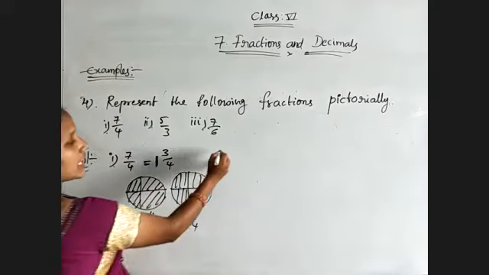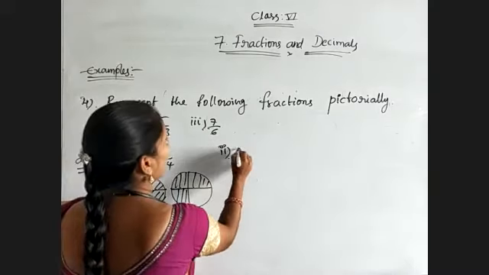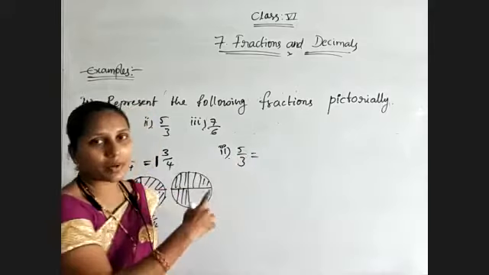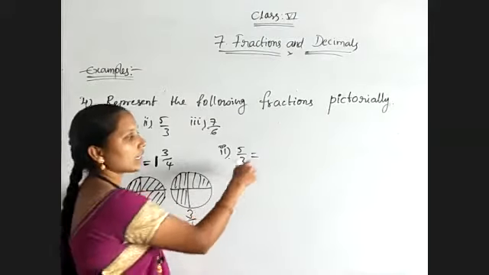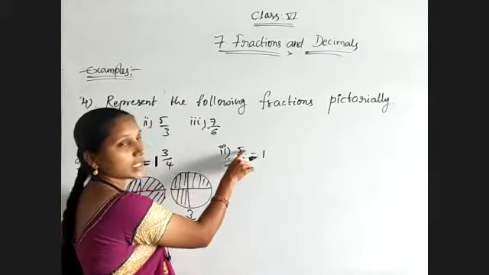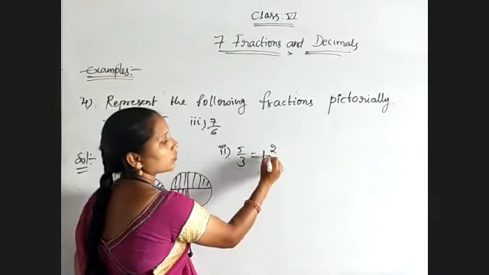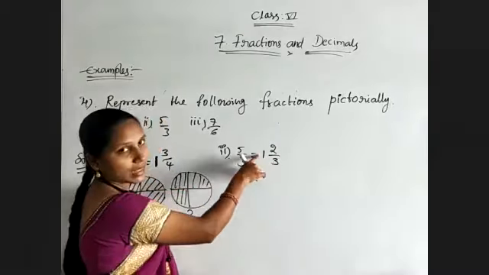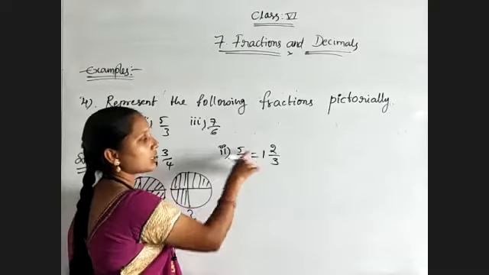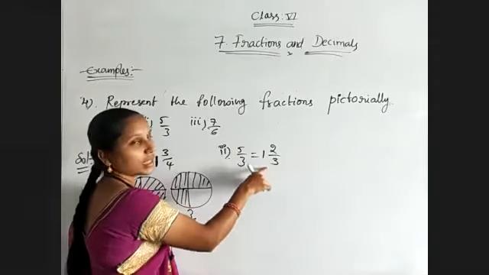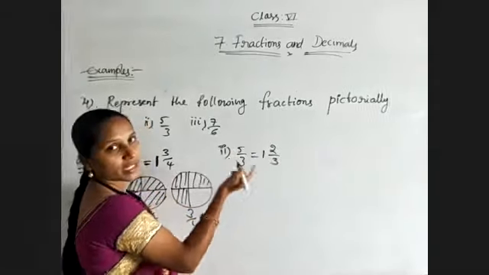And coming to the second question, 5 by 3. So first convert into a mixed fraction. 3 ones are 3. Still 2 is left. 2 by 3. 3 ones are 3. Okay. Still 2 is there in 5. So 2 by 3. If you have any doubt, go through with the division.